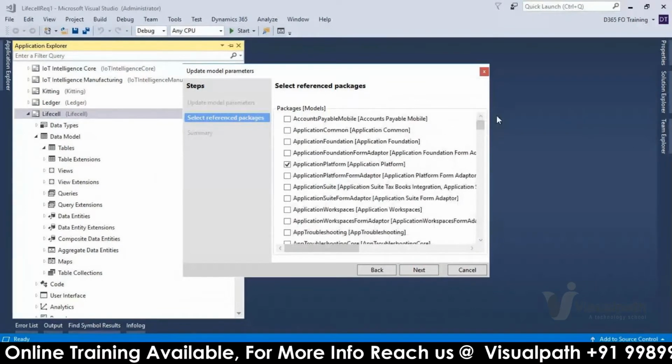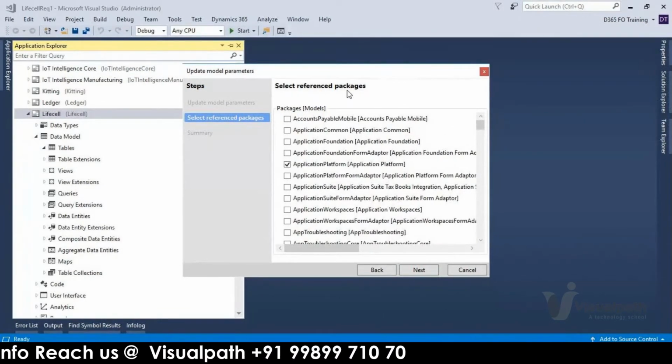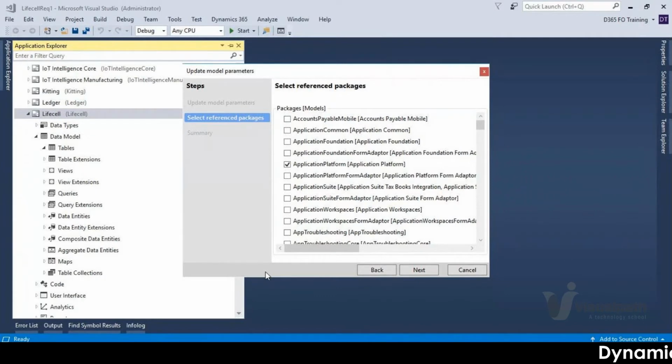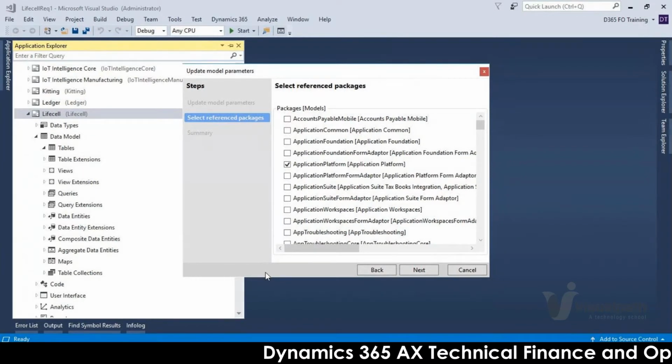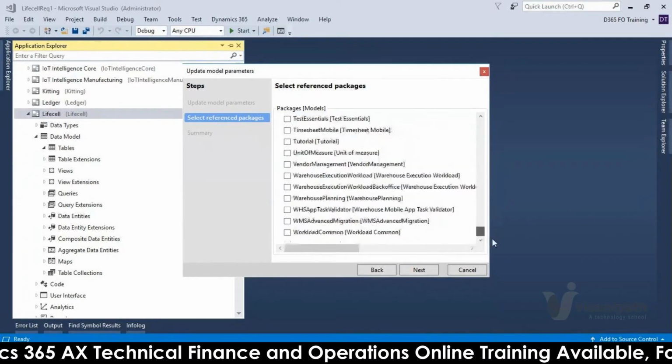Don't blindly check all those check boxes because we are getting errors, and it will affect your build while generating the package. It will consider all these models and compile them, so it will take more time.